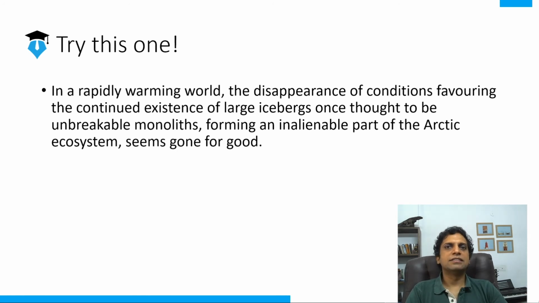In GMAT, as you progress, GMAT is an adaptive exam. What does that mean? It means the better you're doing, the trickier and tougher the questions get. So, as you keep moving up the scale in the first few questions, the questions you get down the line are going to be very, very tricky. They won't be just having one problem. A lot of them will have 2 or 3 mistakes. So let's leave it aside for now and remove this modifier also. We'll come back to this. And we're left with the disappearance of conditions seems gone for good.